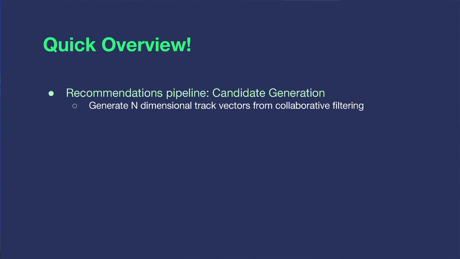So let's go next into this recommendations pipeline that is generating all these recommendations. The first step in this pipeline is the candidate generation. This is the part where we generate a list of candidates. Candidates are playlists for each user, and then we do more steps on that. But at the base level, there's this concept of generating track vectors that are generated from collaborative filtering and